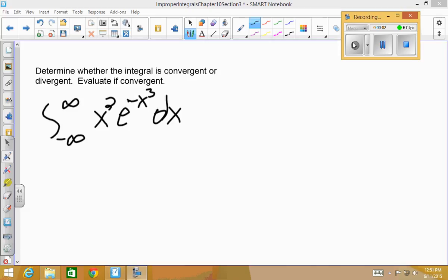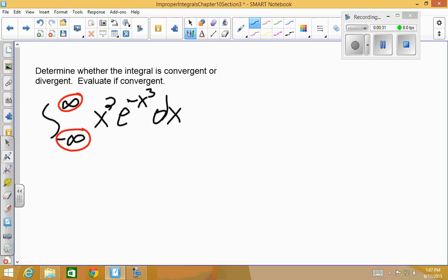Determine whether the integral is convergent or divergent. Evaluate if convergent. The integral from negative infinity to positive infinity, x squared e to the negative x cubed dx. This is an improper integral, as we can see by the two infinite limits of integration. And since both limits of integration have an infinity, we're going to have to break this improper integral into two